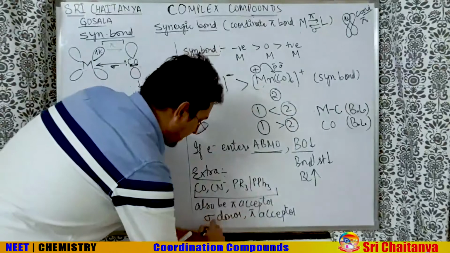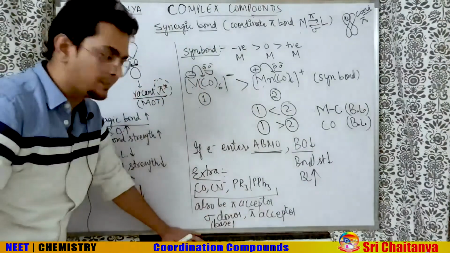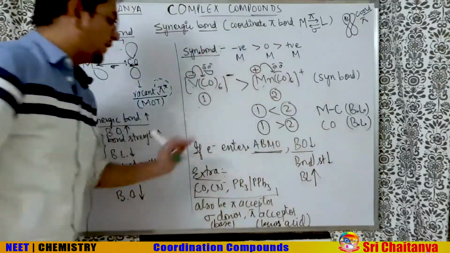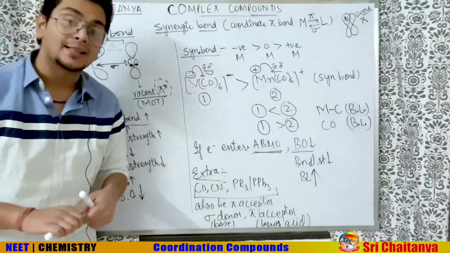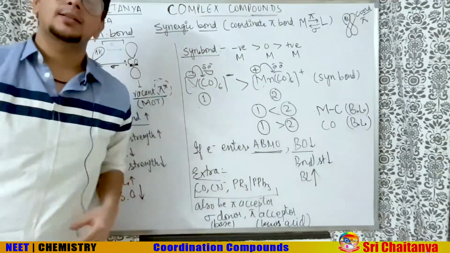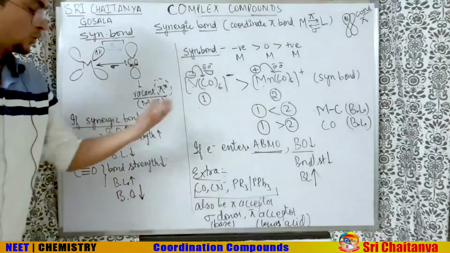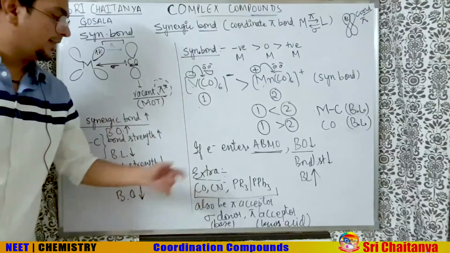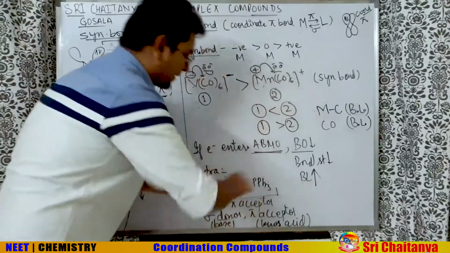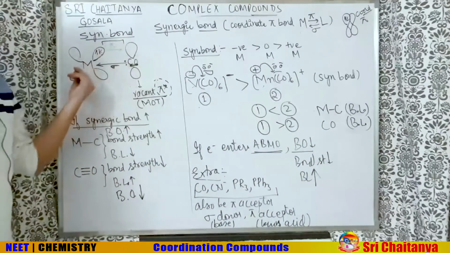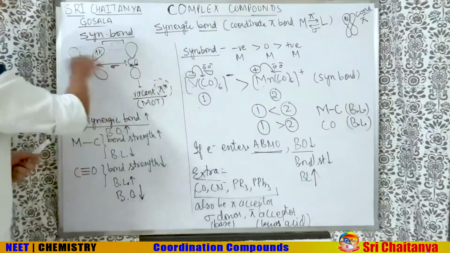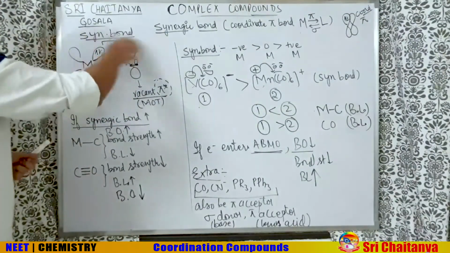So donor means base. Lone pair donor means Lewis base. And lone pair acceptor means Lewis acid. So they can ask you this question: which of the following ligands is a pi acid? Pi acid means it is a lone pair acceptor through pi bond. So anyone making a synergic bond will be a pi acid, and those pi acids are CO, most important, CN minus, PR3 or PPh3. PR3 and PPh3 you can say, no problem. These are the examples which are going to act like a pi acceptor, hence they can act like a pi acid. So here CO is a sigma donor, sigma Lewis base, and pi Lewis acid.